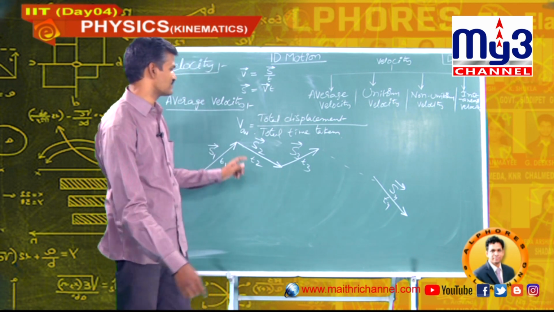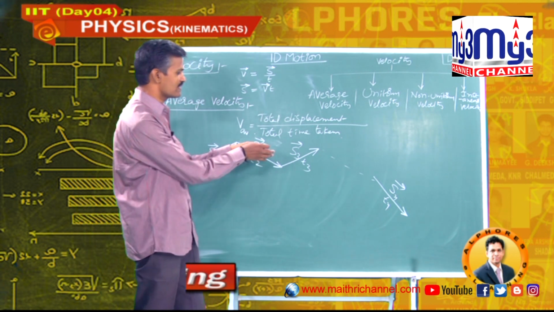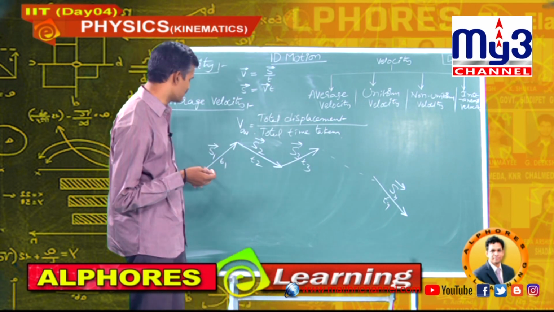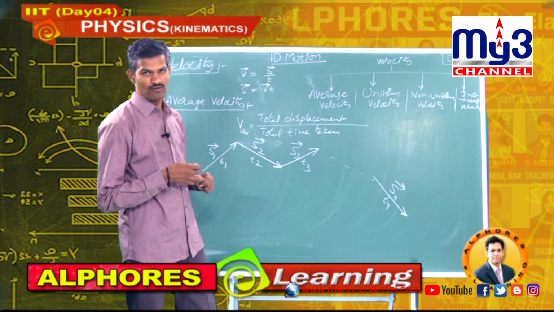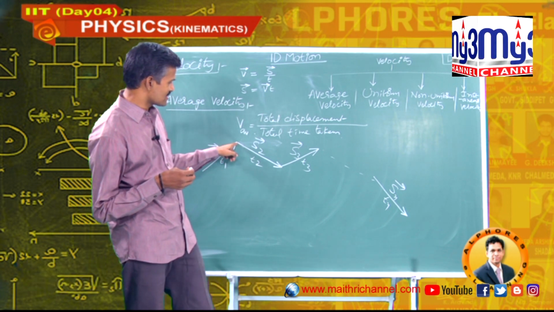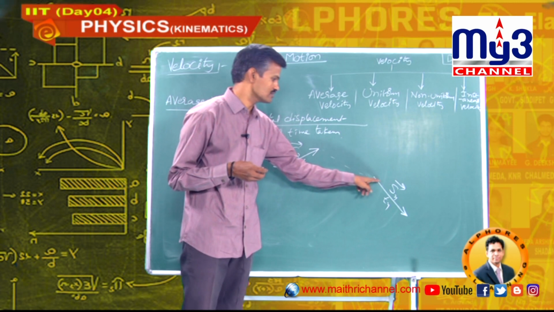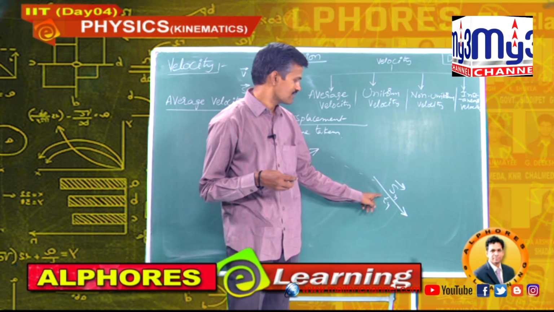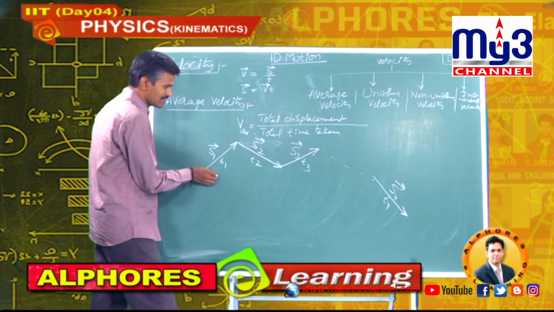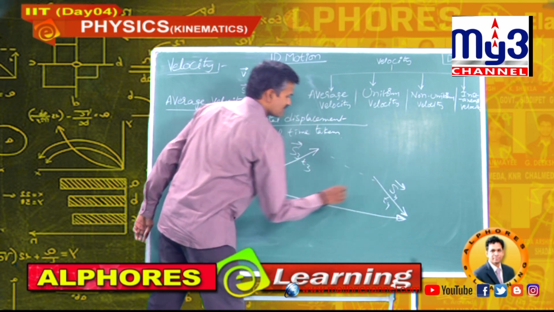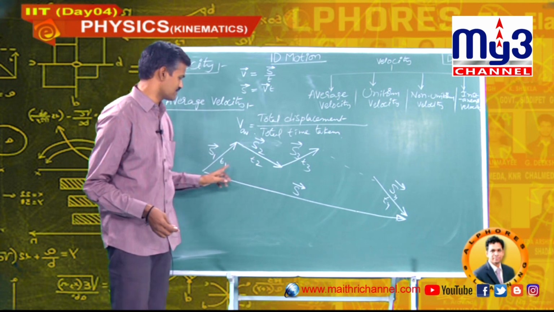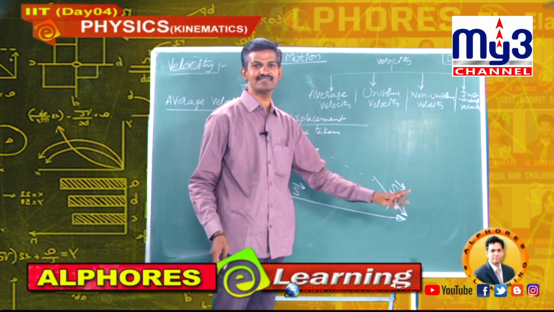To calculate the total displacement, first of all we have to add all displacements in tail-head order. According to polygon law, the resultant is given by the closing side of the polygon. So this is first vector tail-head, second vector tail-head, third vector tail-head, and so on. This is the last vector, Sn bar. So the resultant of all these vectors is given by the total displacement vector. This is some S bar.